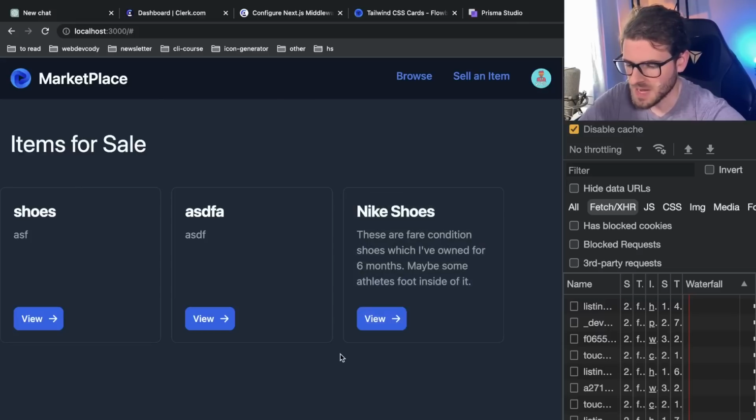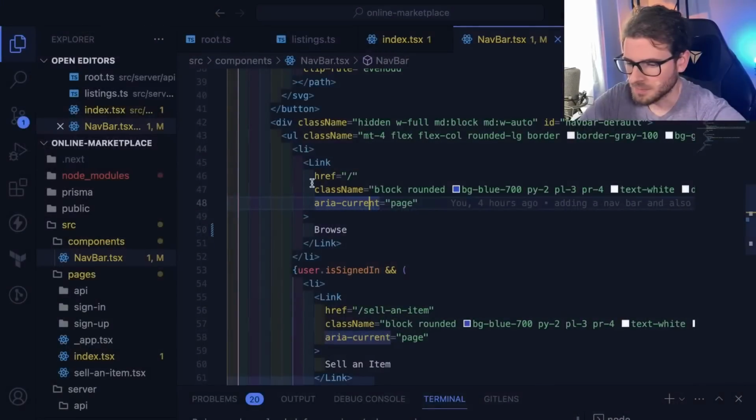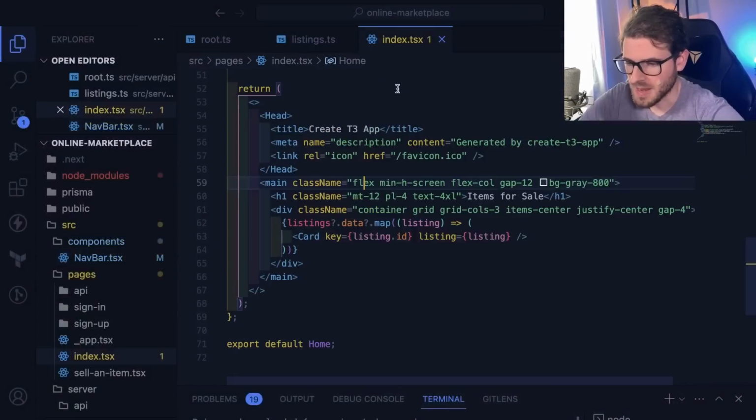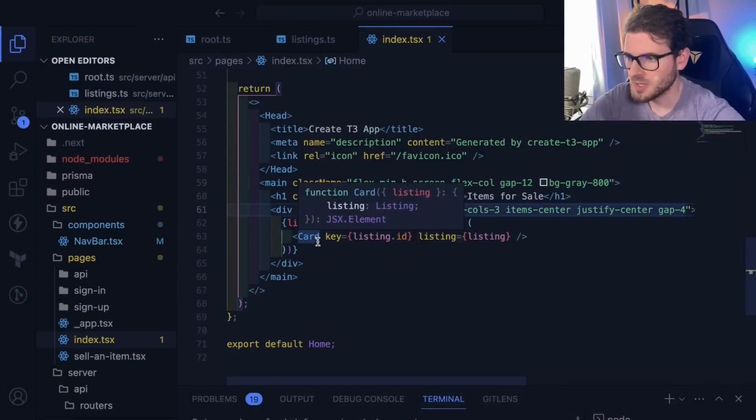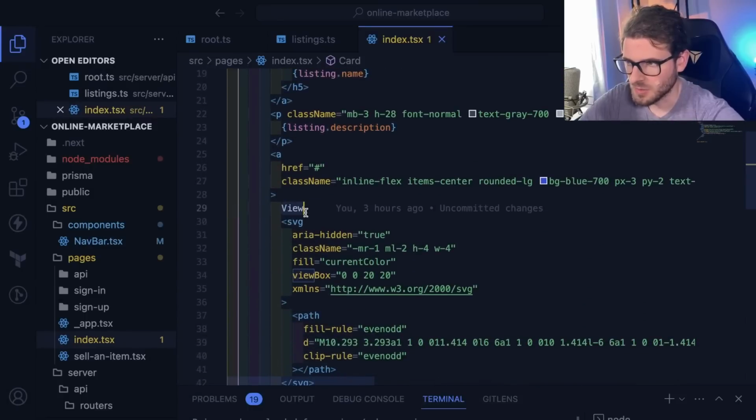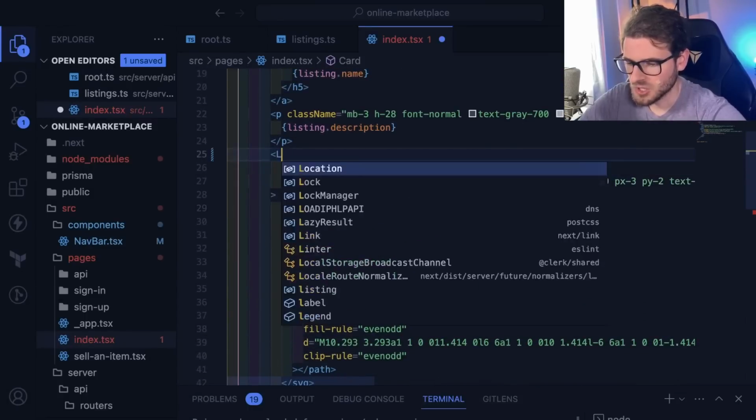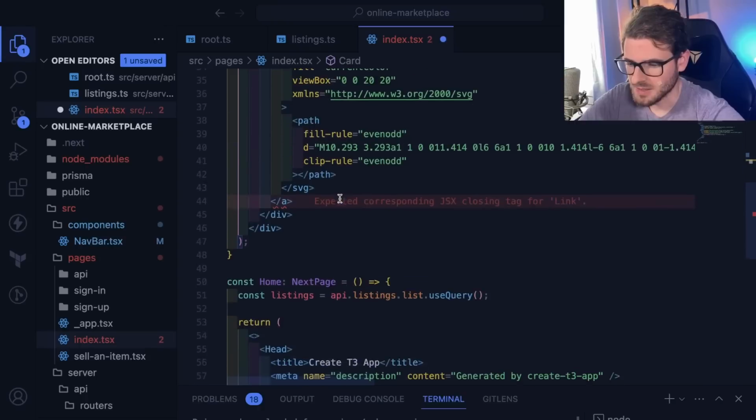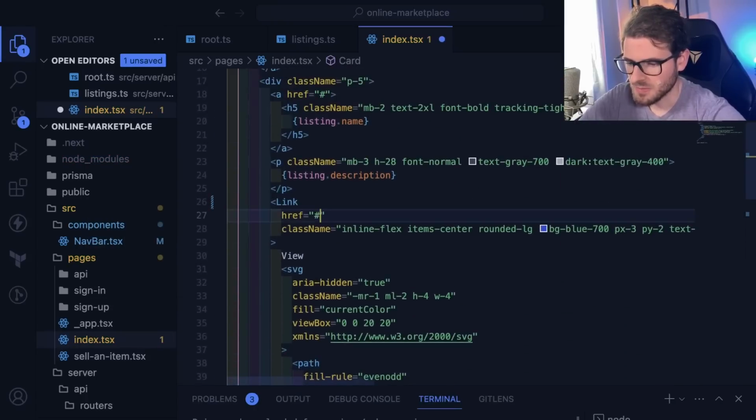So let's actually make a page where you can view the individual item for sale. If I click view, we need to have that go to a particular page. So let's figure out where we are displaying that view button. It's inside this card, and if you scroll down, there is a view link. So we should change this to a Next link like this, and put a link here. And inside the href, let's go to